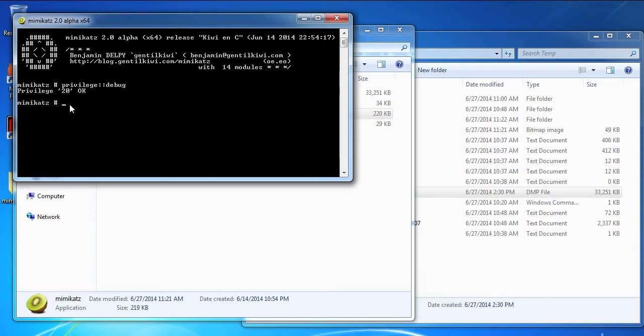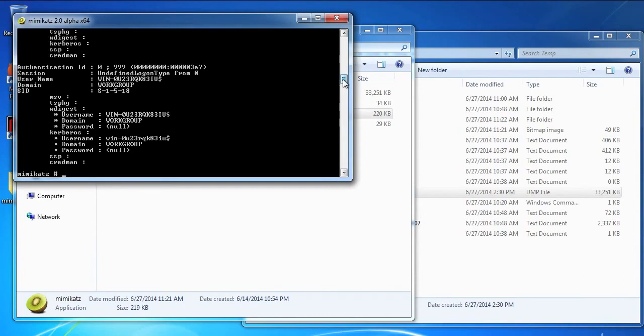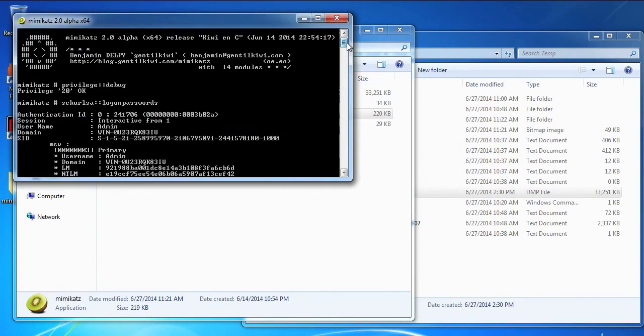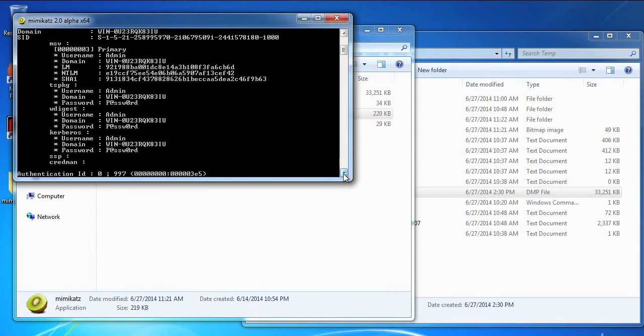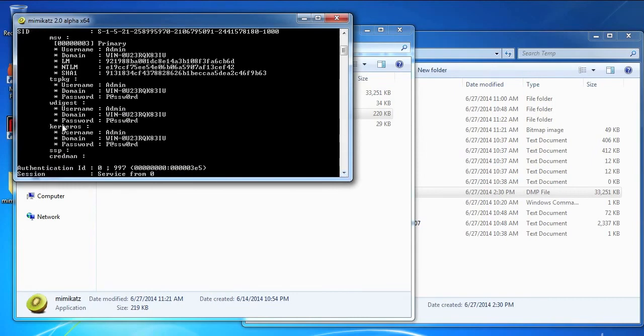Now, the next command is the one that allows us to actually steal the passwords. We simply enter sekurlsa::logonpasswords and press enter. Now let's see what this hacking tool has provided for us. Now you can see here the user account, computer name, and if this computer was joined to a domain, we would see here the domain name. We also have the SID, the SID for the account in use currently, and then we scroll down and we see here the username, domain, and password in clear text of the accounts currently logged in.